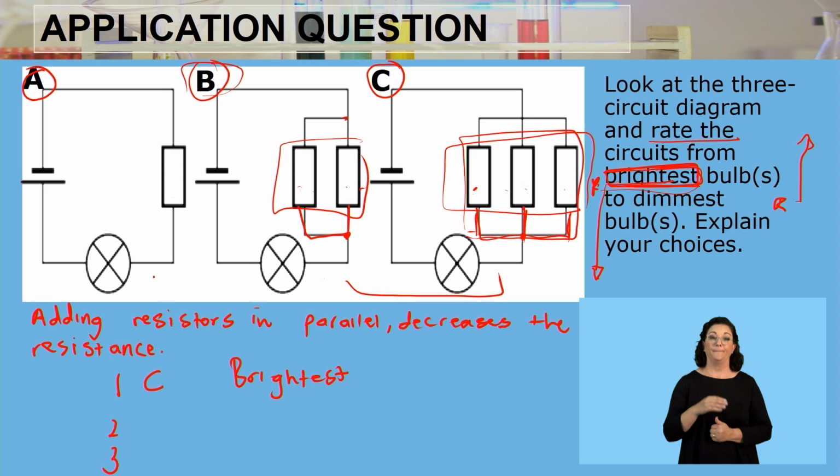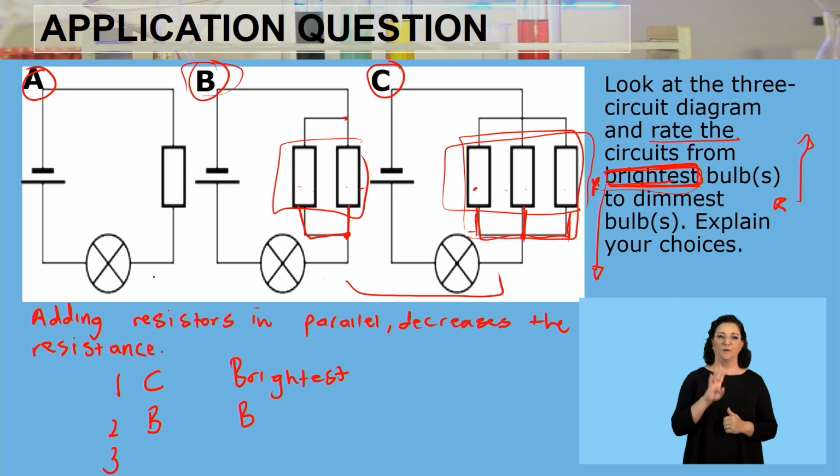And then obviously B has more resistors than A. So obviously B will have a much lower resistance as compared to A, which would then mean that the second one will then be B. We can just say it's going to be bright, but not brighter than circuit C. And then obviously the last one is going to be A, and that